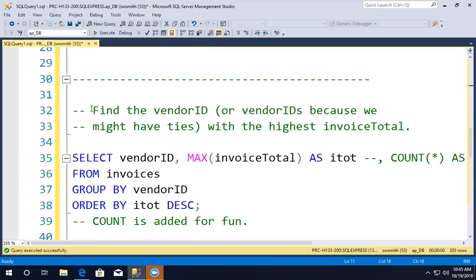Another use for the subquery, what are we, 1045. We're going to take a break here in just a minute. Find the vendor ID or vendor IDs, plural, because we might have ties, with the highest invoice total, the greatest. Okay. Now,